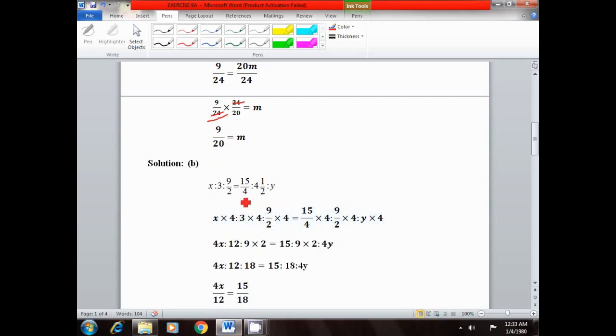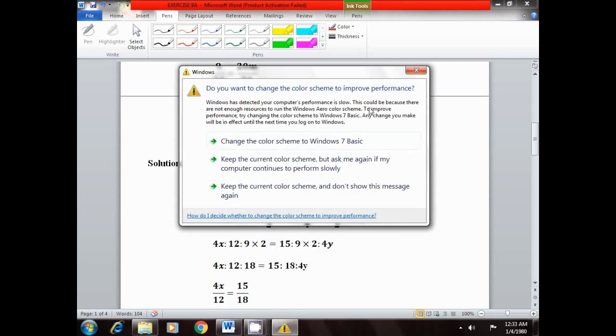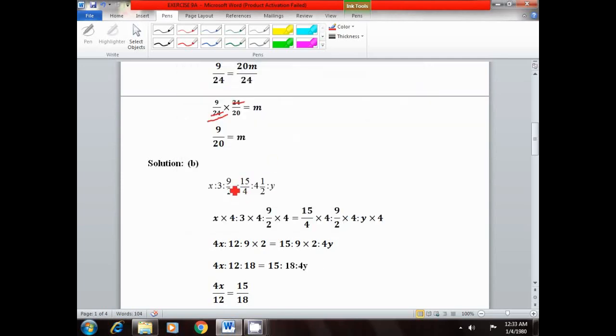For this, we will multiply each quantity by 4. So the first quantity x multiplied by 4 : the second quantity 3 multiplied by 4 : the third quantity 9/4 multiplied by 4 = the fourth quantity 15/4 multiplied by 4 :